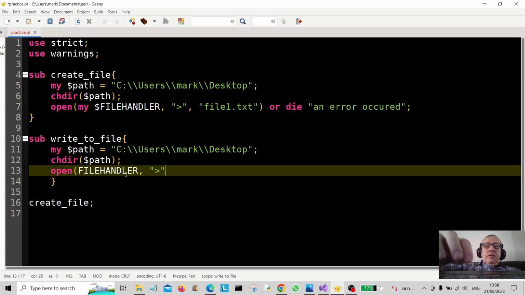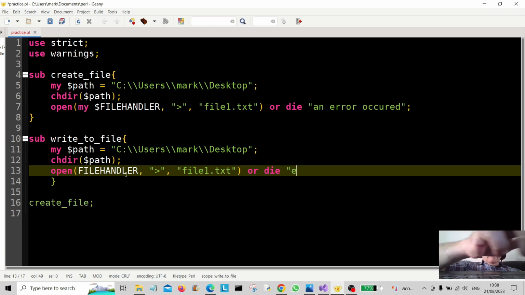Now we're going to do this to write to the file. Okay, so give it the file name, which is file1.txt. Okay, and then the error message again, or die,